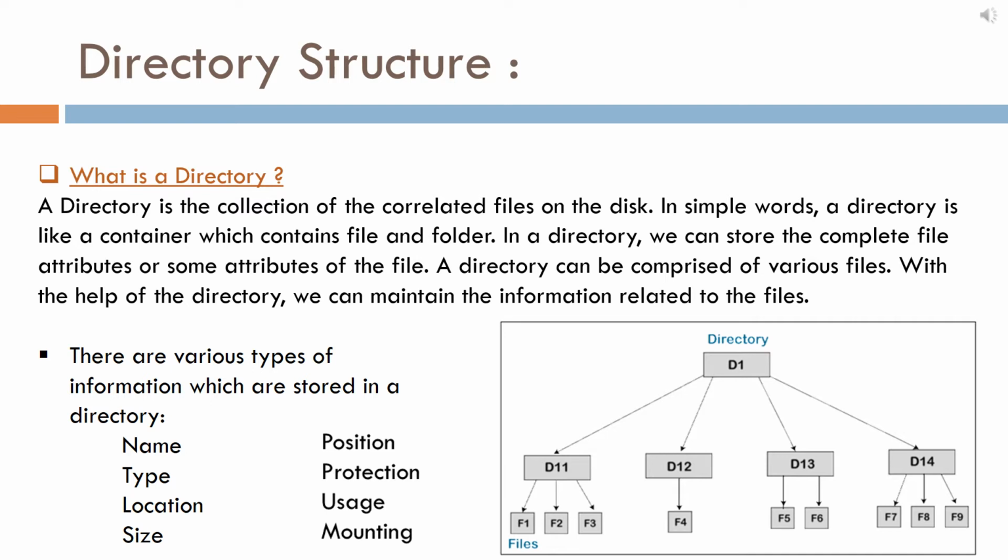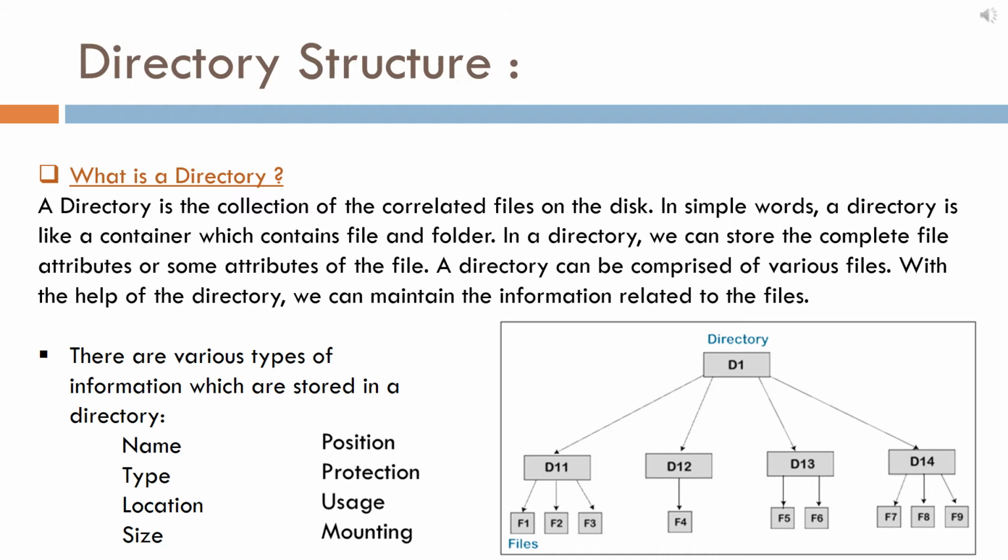To take advantage of various file systems on different operating systems, we can divide the hard disk into multiple partitions. There should be at least one directory present in each partition. Through it, we can list all the files of the partition. In the directory, for each file there is a directory entry, and in that directory entry, all the information related to the file is stored.